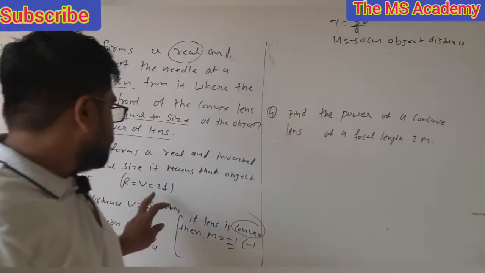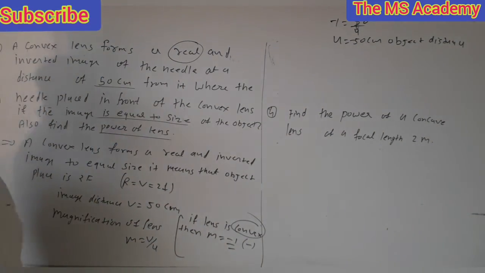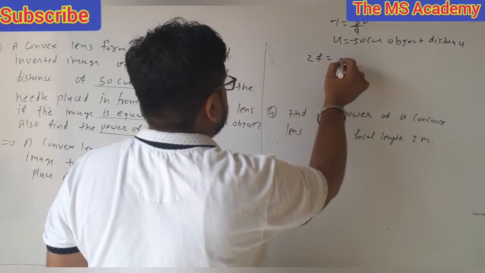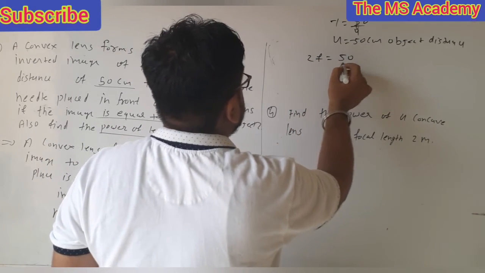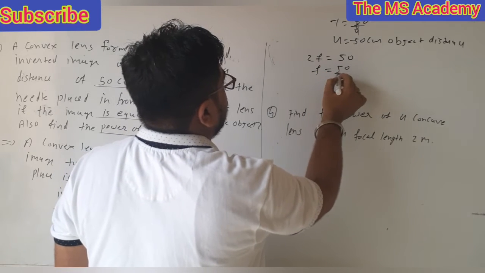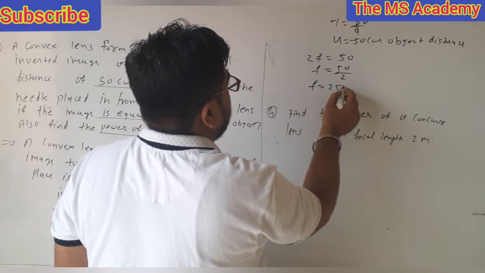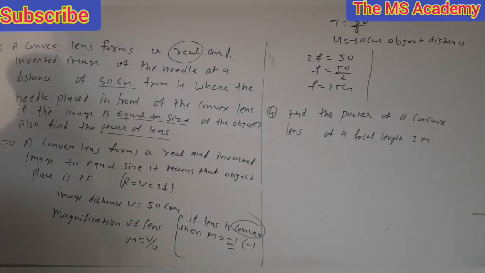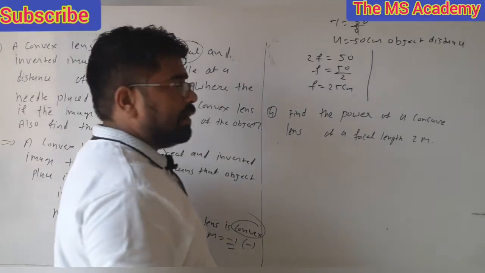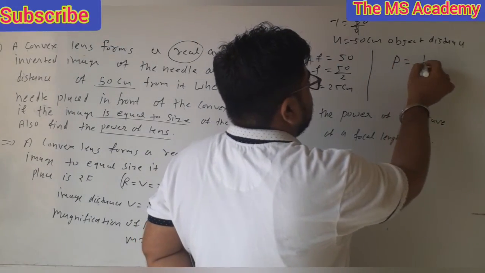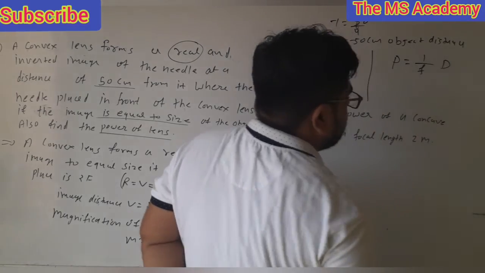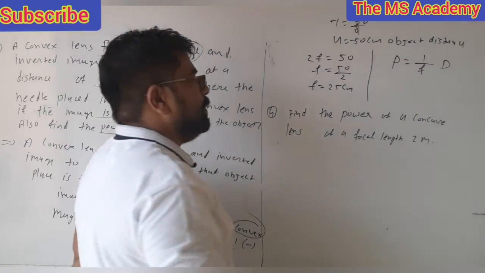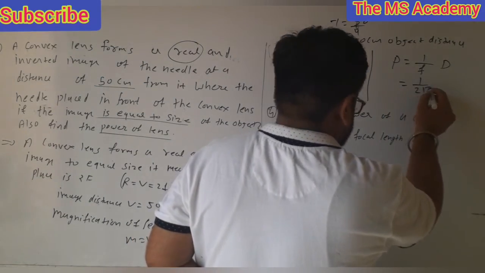Now we know that v is equal to 2f. Then we get 2f is equal to v. v is 50 centimeter, f is equal to 50 upon 2, f is equal to 25 centimeter. Now we know that the formula for power of lens is P is equal to 1 upon f diopter. Diopter is the unit of power of lens. Then we get 1 upon 25